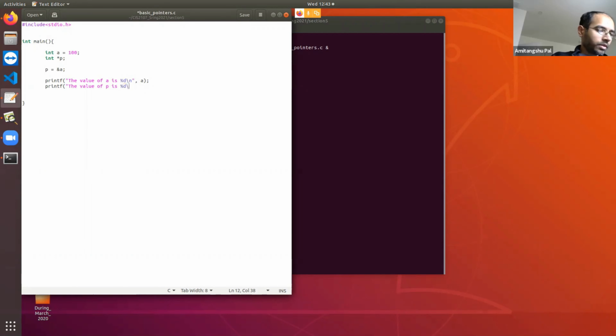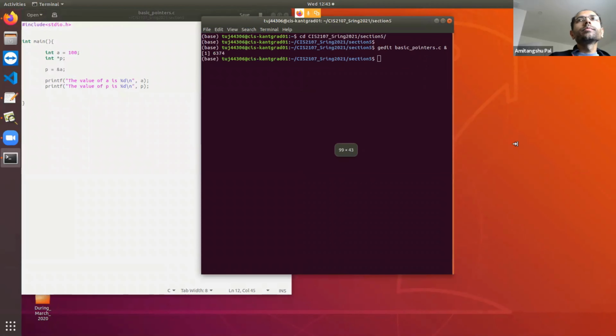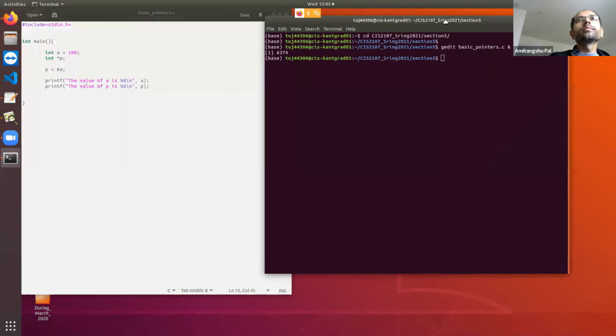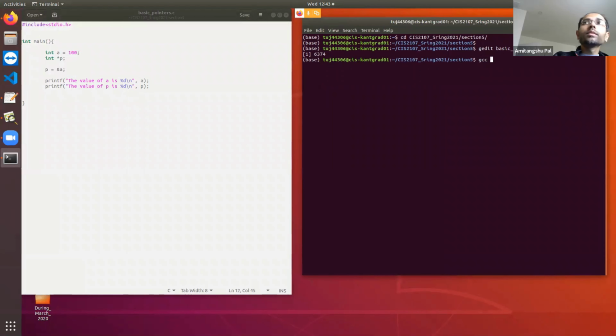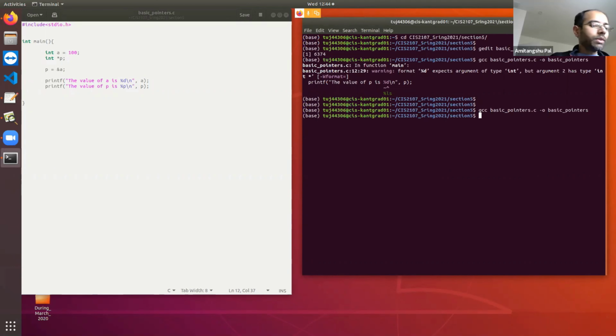Let's see what trouble or warning it gives. Here it shows that %d expects type int, but argument 2 is an integer pointer. So the corresponding placeholder for a pointer is %p. %p is for the pointer. Now it is not giving any trouble.